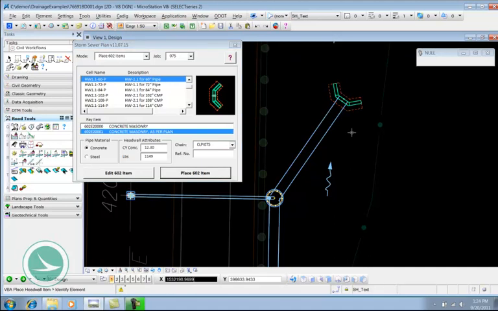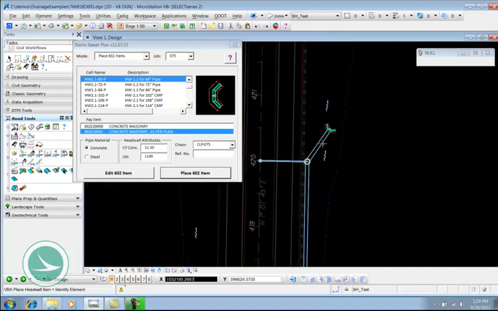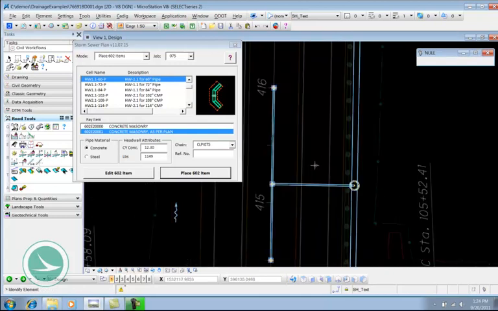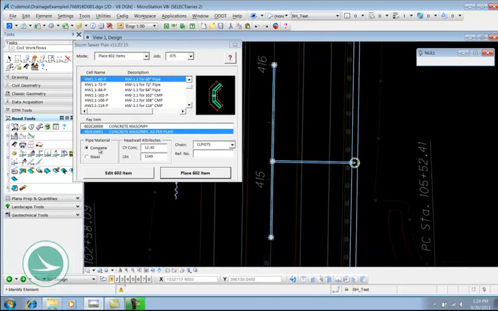Okay, so that covers the operation of the dialog. Let's look a little bit behind the scenes at what it's doing to store this information in the file. So I mentioned that the plan view information is all stored in the design file. It does not use the COGO database to store any of the information for these pipes or structures. So under my road tools workflow here, I'm going to pick the application attribute viewer,